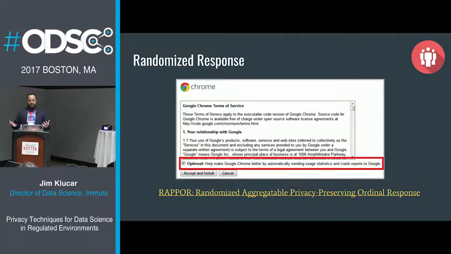So Google gets these bit vectors that have bits set for the true settings, but they also have random noise in those bit vectors. So they never know what your true settings are because they just have bits, and some of those bits are your settings, and some of those bits are set, but they're not actually what you have set. So what they're able to do, because they're Google and they have Chrome, they have a lot of users, is take those bit vectors and beat them against each other and beat out this random response, that random noise, and get at the true proportion of people that have their settings a certain way